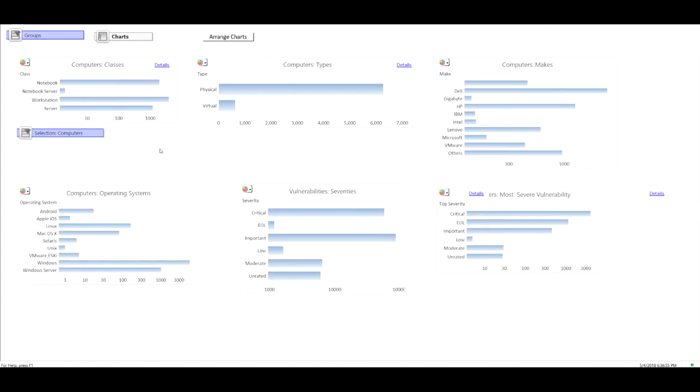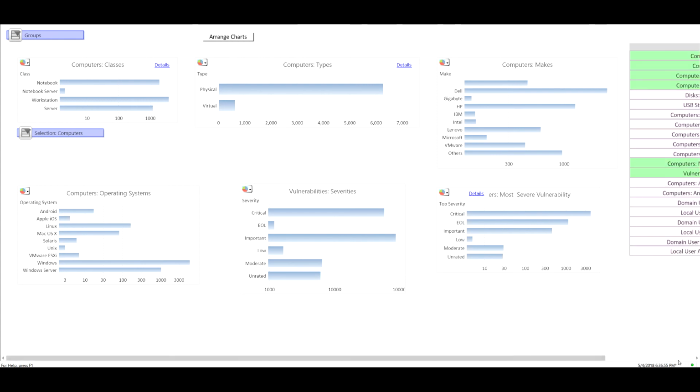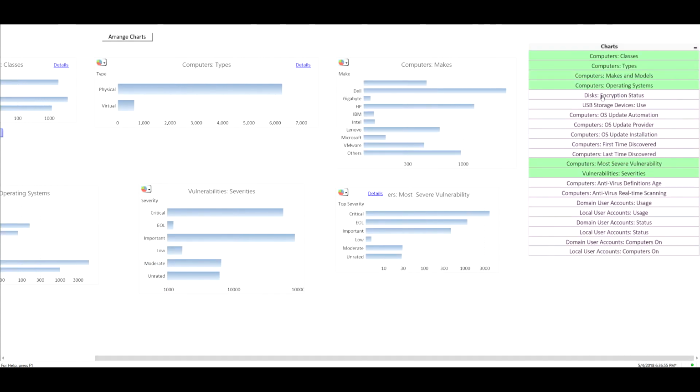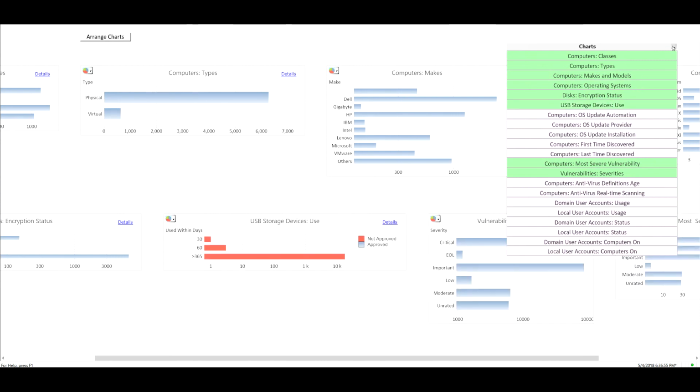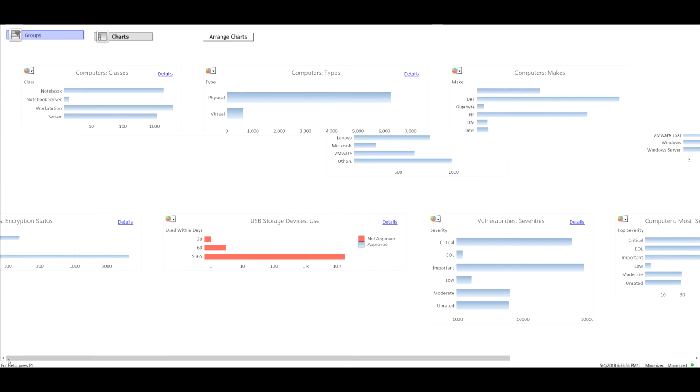We also have some of these small vignettes that we call IT asset information. So these are the computer classes: notebooks, workstations, servers. We show the types, physical and virtual, the computer makes, operating systems, vulnerabilities, most severe vulnerabilities. I can get additional charts here by just selecting here on the right. I can say, show me disk encryption status, show me USB storage device usage, and each of those then shows